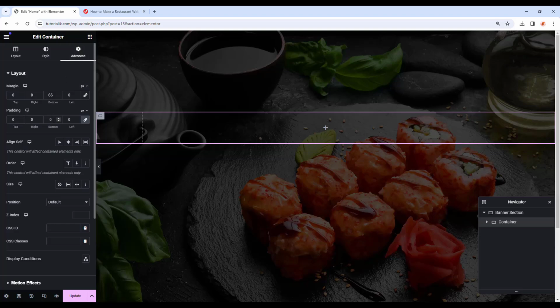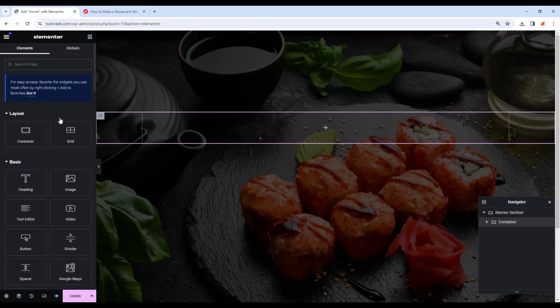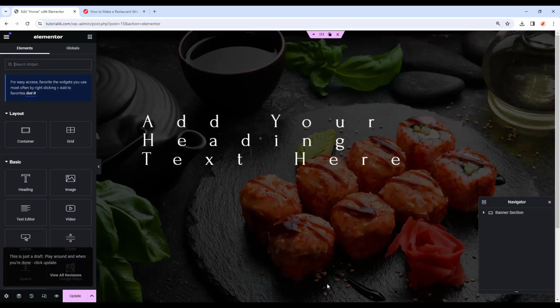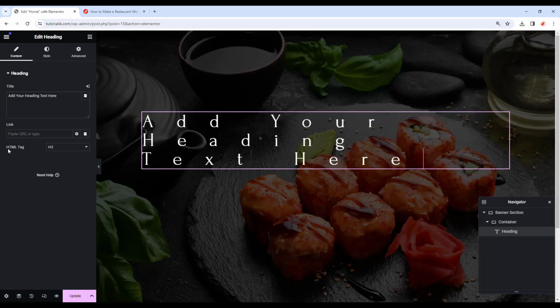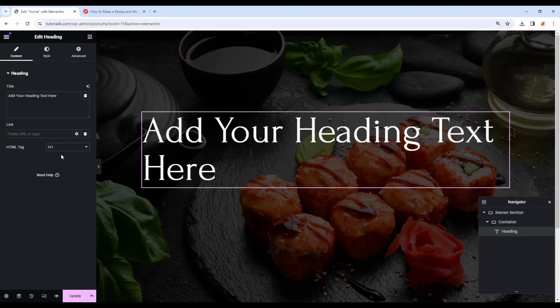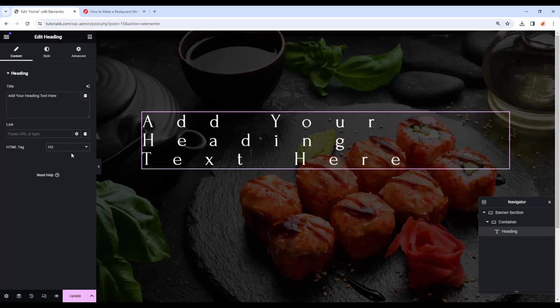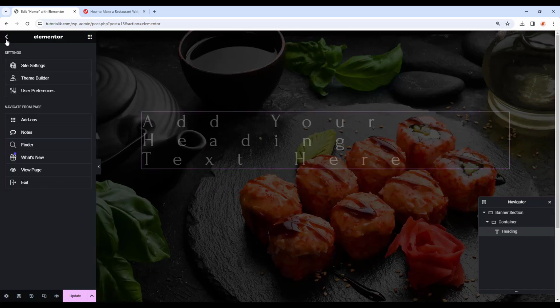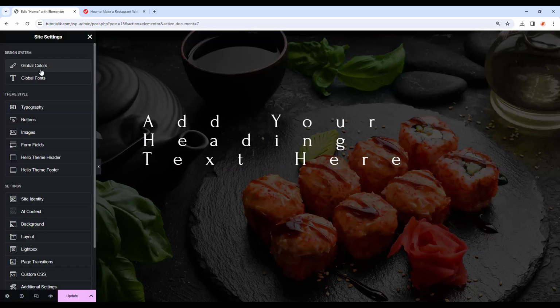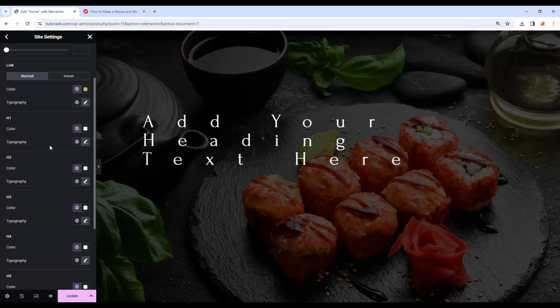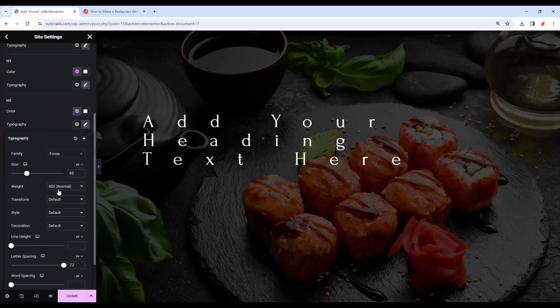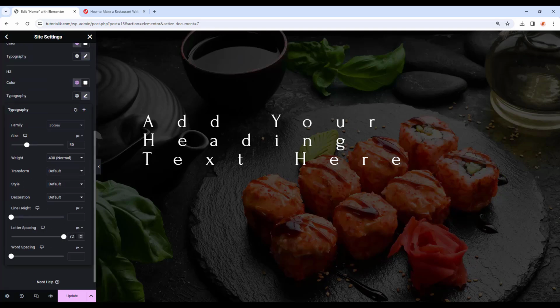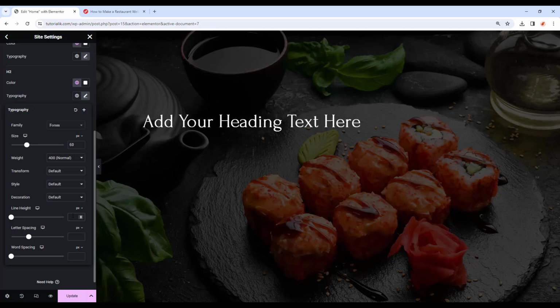Now let's go ahead and add a heading inside this container. So let's click on the grid icon and let's drag a heading. Then let's select the heading and from here under the HTML tag let's make it H1. But what was wrong with the H2? Let's go to the site settings. In the typography we have H2, right? From here you see I have just put the letter spacing 72 instead of the line height, so it was messed up. Now it's fixed, so let's update